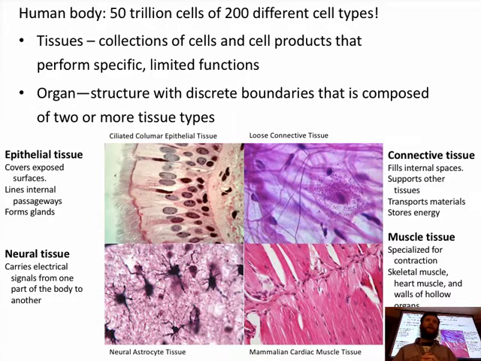So what is an organ? It's a structure that has discrete boundaries. You can say, the stomach has this shape, and it has very discrete functions. It has two or more tissue types. It's not a single tissue. So a single tissue cannot form an organ. There are four basic tissue categories,